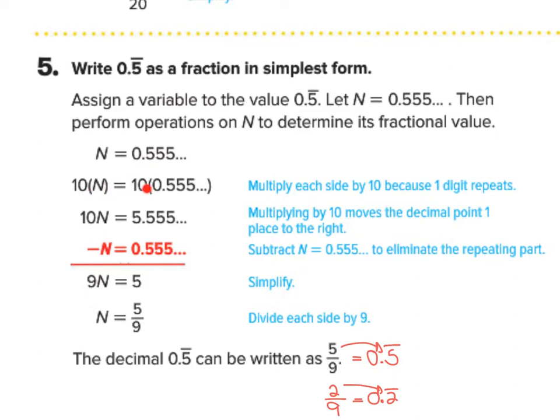We're going to multiply each side by 10. The reason is because it's a single digit that starts to repeat in the 10th place. So we multiply each side by 10. We get 10n on this side, and on this side, it will actually move the decimal over. Anytime you multiply a number by 10, it makes the number 10 times bigger, one place value to the left. So it actually makes it a whole number. You see that? Now we have a whole number. Move the decimal place over. And now